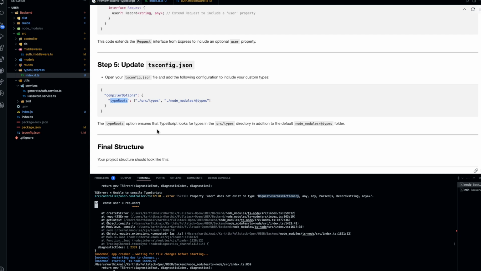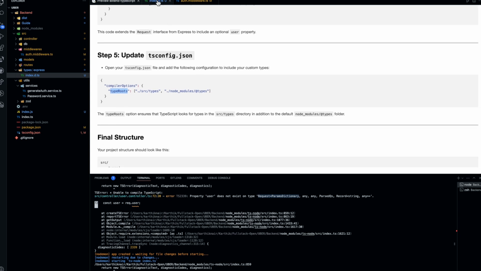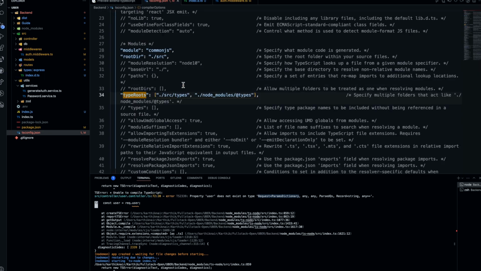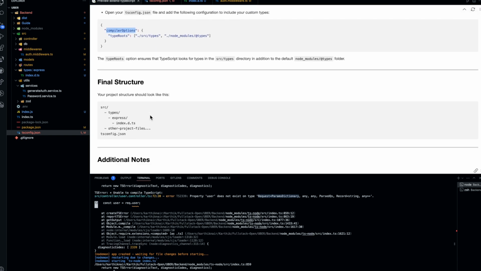Why we are doing it is to ensure that our changes are accepted. So once TypeScript is compiling into JavaScript, the compile should also include this. That's why we have to mention it. So we go here, I have put this thing in my tsconfig. Okay, and once everything is done,